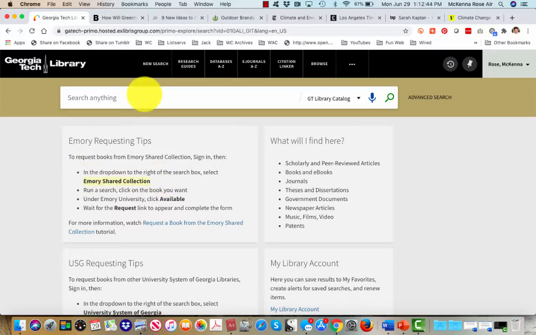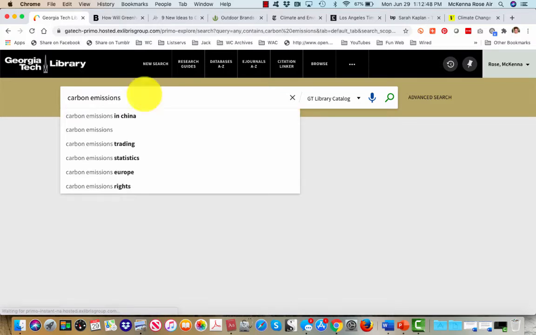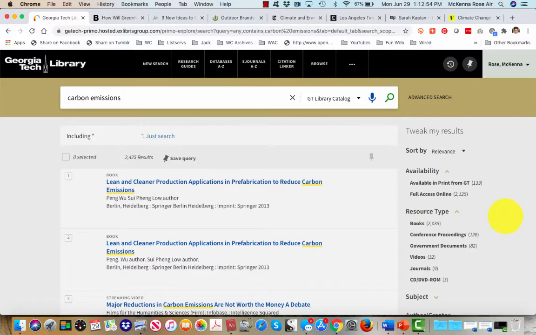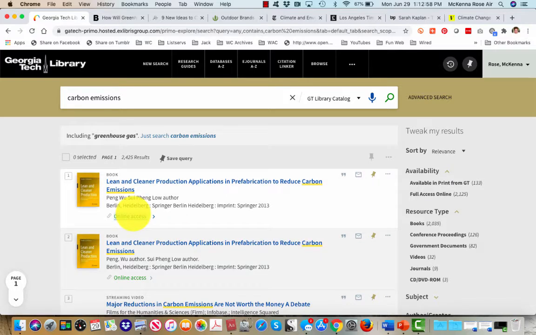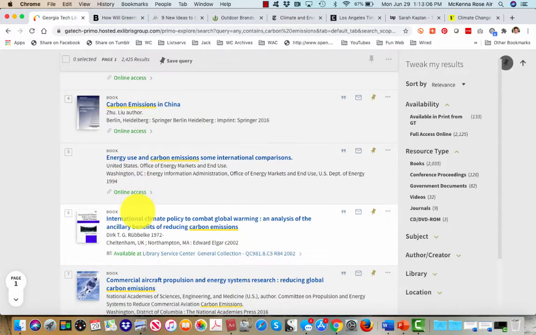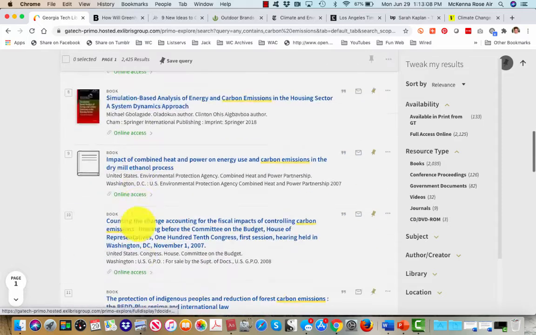Typically, if you are looking for volumes, you will have to see if there's access, a lot of which are scanned and available online. If you want physical books,